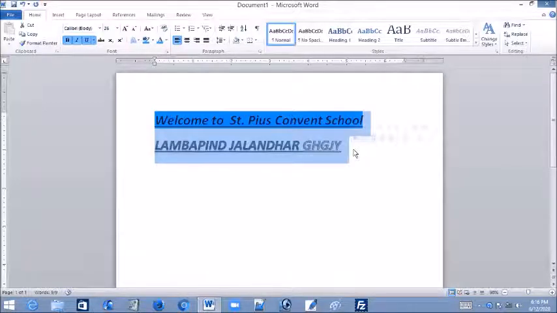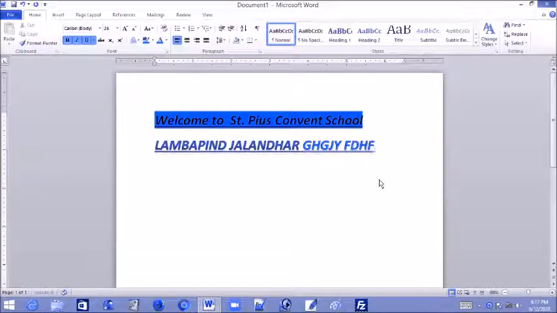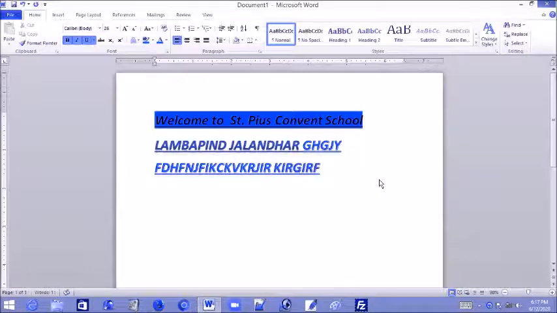Alignment means the position of the text with respect to the margin. This is the margin. So see, whenever we type, it is typed between these points only. I'm just simply typing. See, it is coming to the next line, right? This is how.